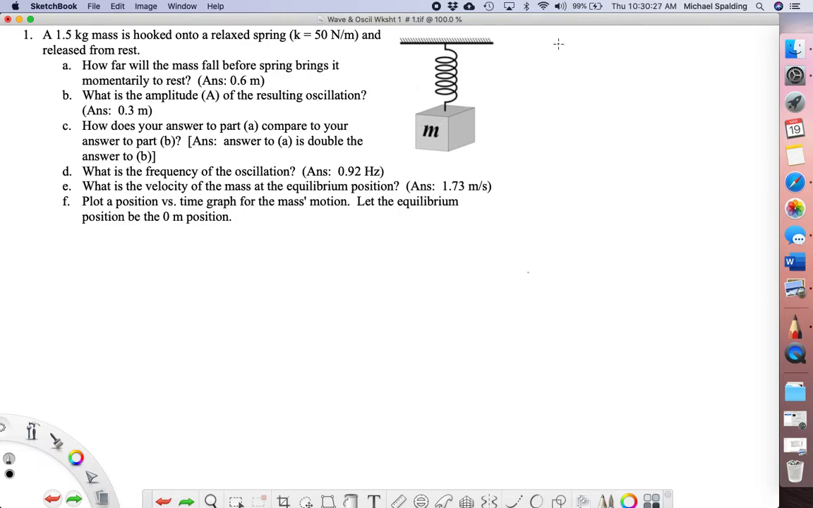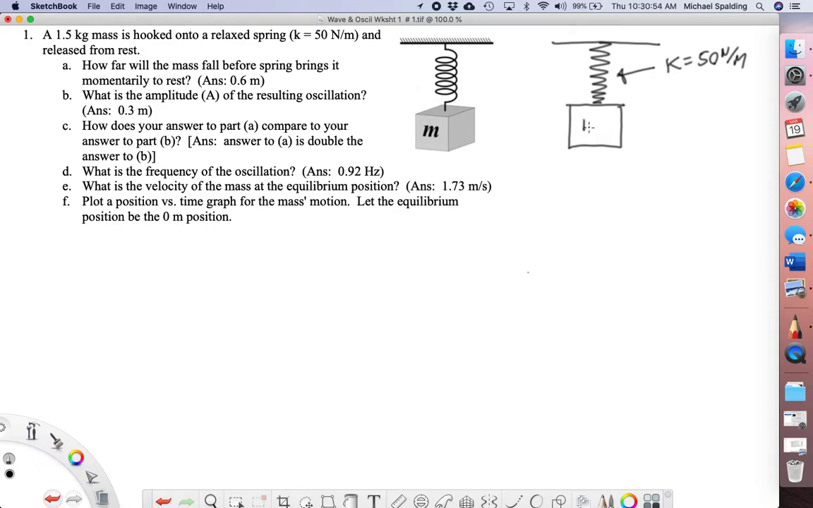All right, so we have a 1.5 kilogram mass hanging from this spring. So first, let's set up a new diagram. Here's how I would look at this. The spring is here, and there's no mass attached to it yet. We know that the spring constant is 50 Newton per meter, and then we attach this